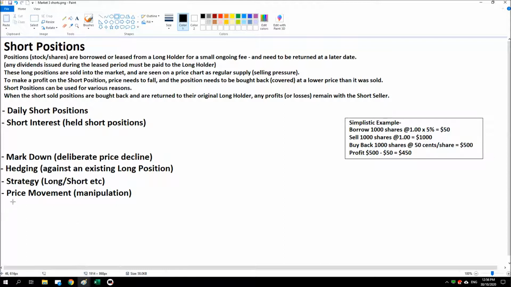And finally, you can use short positions to move price around to your advantage. You'll see the active traders doing this. It's the footprint they leave behind. It's how you can identify that active traders may be involved in a stock. Some people call it manipulation, but for instance, if the active traders are wanting to buy a position in a stock for the first time and there's no reason for price to move much lower than it initially is, they may short it lower until there's increased